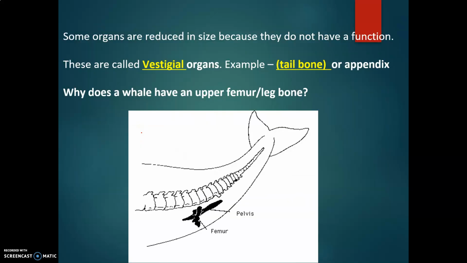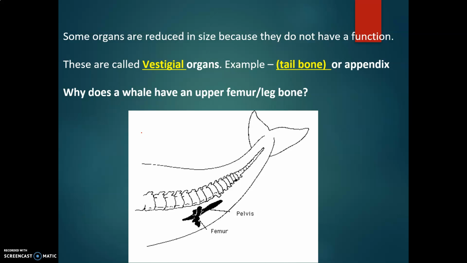All right, this is kind of interesting. Some organs are reduced in size because they do not have a function. These are called vestigial organs. Everyone say vestigial on two. 1, 2. For example, a vestigial organ would be a tailbone or your appendix. At one point, they served a purpose. Once again, your tailbone,